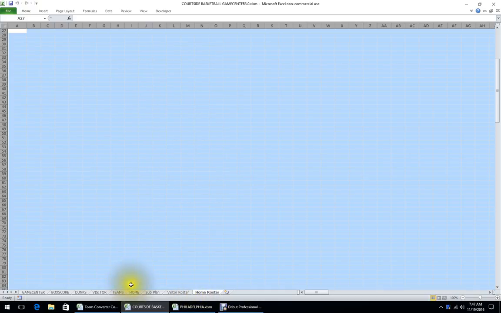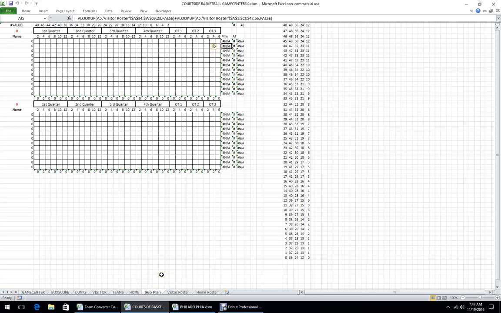I also have an extra tab in here that I won't be using because it's a lot of extra steps and I don't want to lose too many people. But this is my sub plan page. I don't use this part much, but it's there if I want it to schedule when I want to use players and rotations and stuff. And these numbers right here